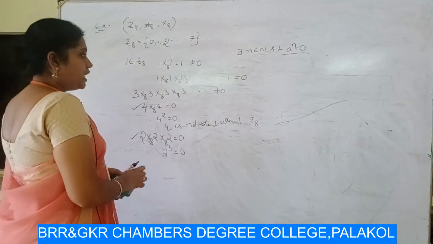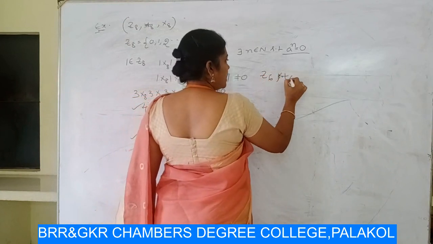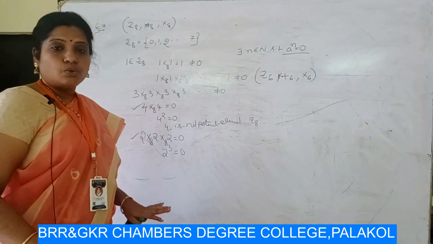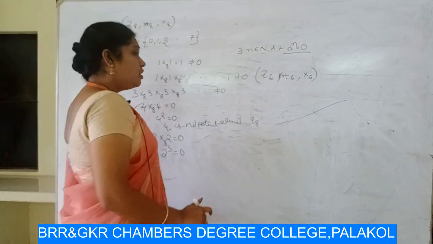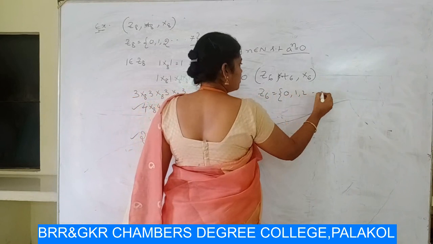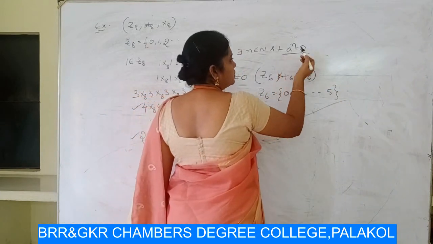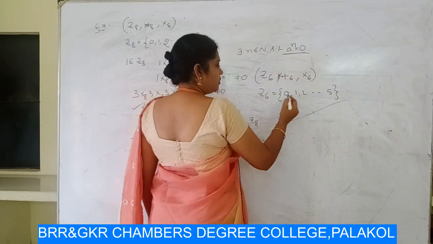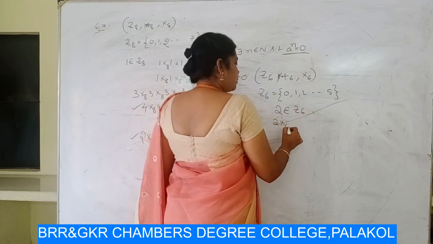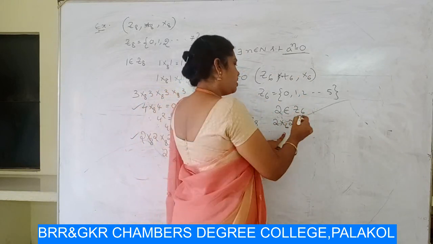Now we will take another ring, that is Z6, addition modulo 6 and multiplication modulo 6. In this ring there are no nilpotent elements, because the elements are 1, 2, 3 and so on up to 5, and all the elements are not satisfying this condition a power n is equal to 0. So I give one example: take 2 belongs to Z6. 2 multiplication modulo 6, 2. 2 into 2 is 4. 4 divided by 6 we get remainder 4, not equal to 0.